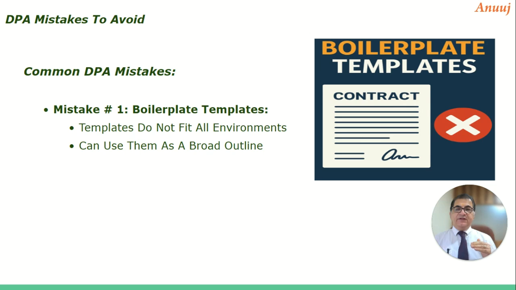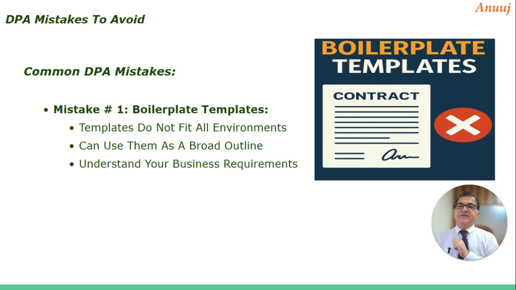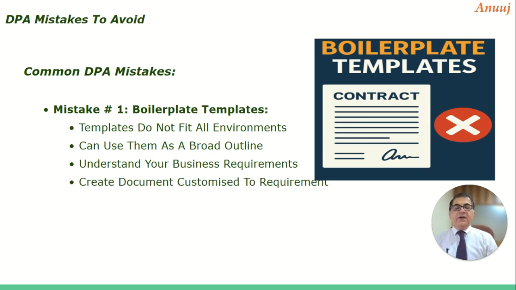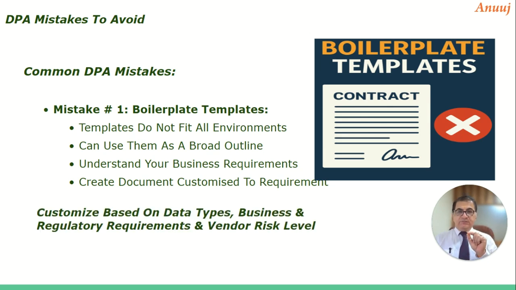1, 2, 3, 4, 5. These are the required contents. Good. Now I'll put in the actual content depending on my business requirement. Right? I have promised my principal a particular thing which I need to sign with my processor. So instead of following a template, here is where I'm going to put in what I promised and how it happens beyond this. Create documents that are customized to the actual requirement. So as a tip, customize documents based on the data types, on the business and regulatory requirements, and the vendor risk level. So how much can the vendor